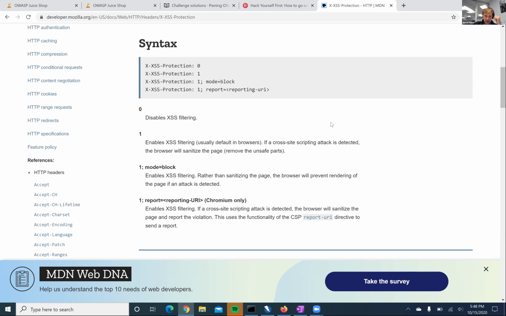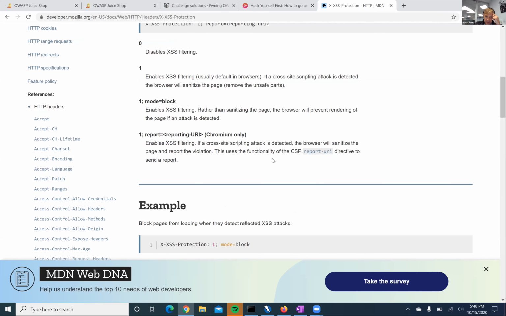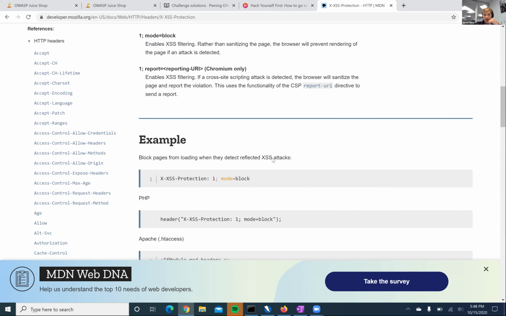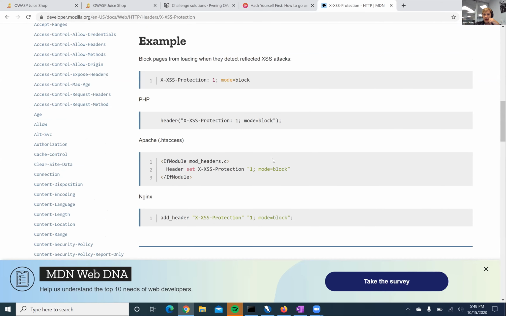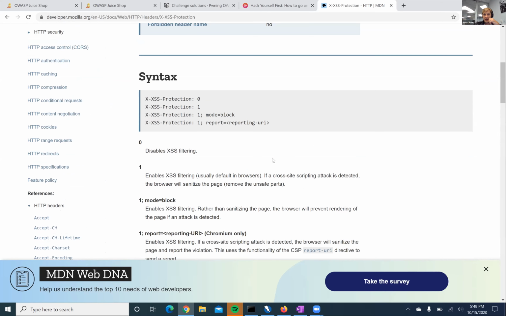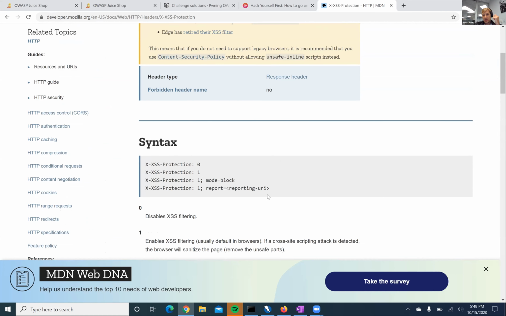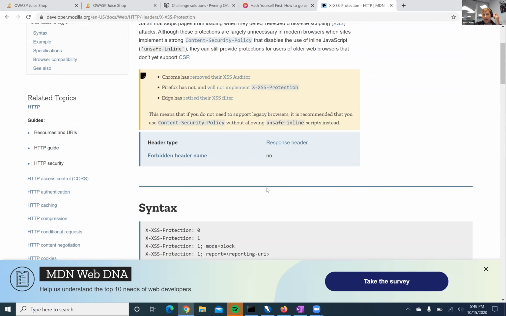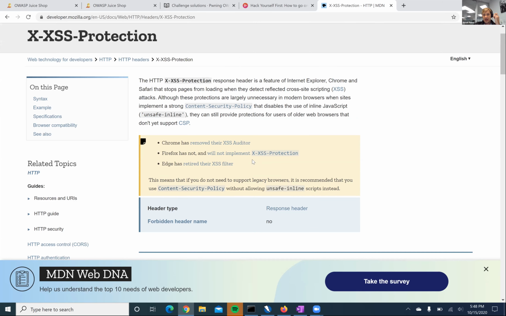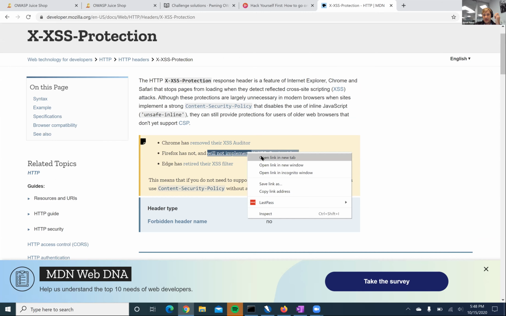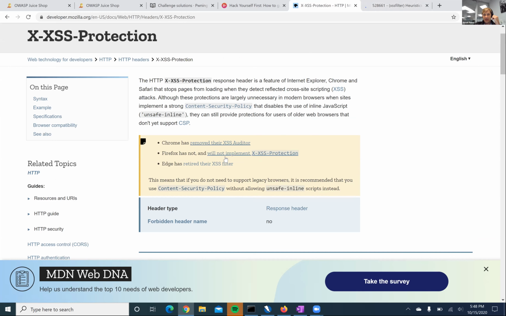But this uses, I believe, detection of the HTML and CSS within the page, so it's doing like whitelisting. This is interesting. This talks about why Firefox doesn't want to implement it.